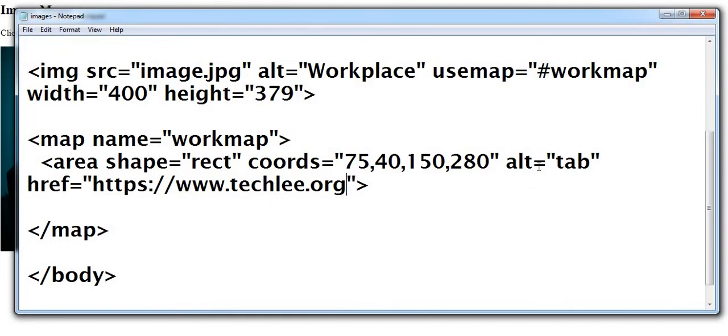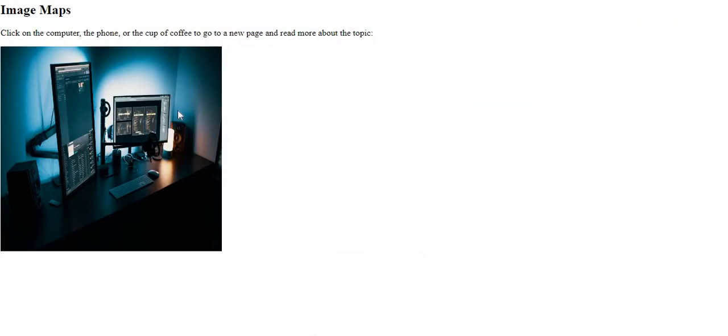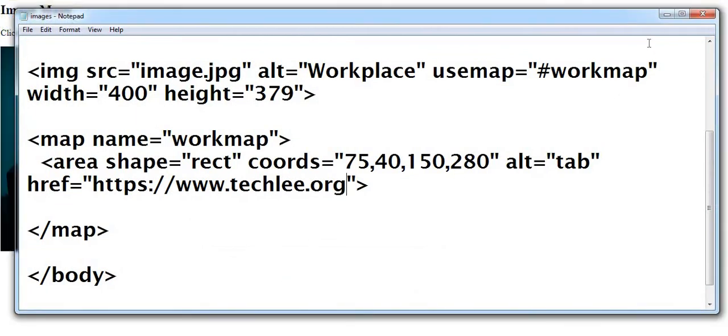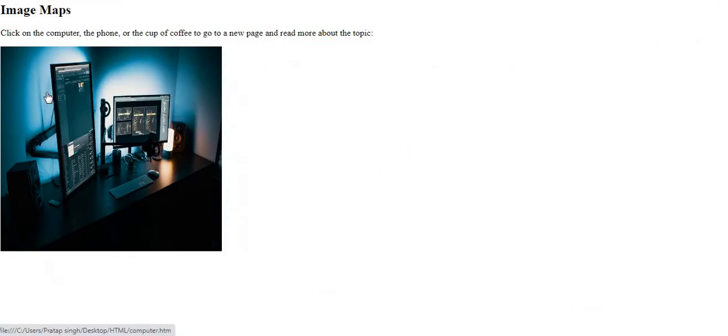And if you want to make this part of the image clickable as well, we can do it. First of all, we need to correct the coordinates. It is clickable from here, so that is almost right. 75 pixels is right, and from the top it's okay.